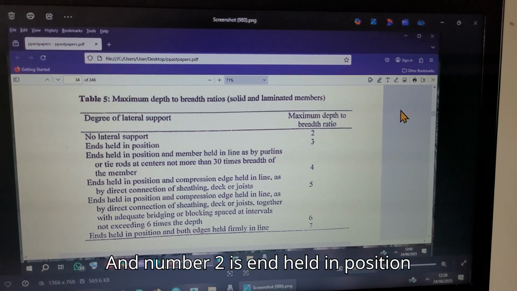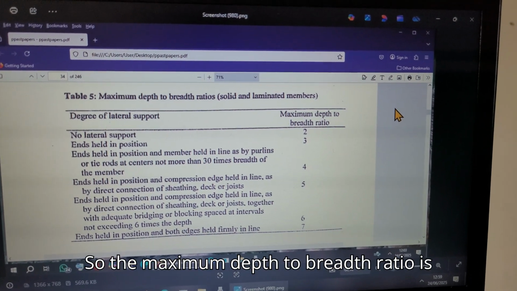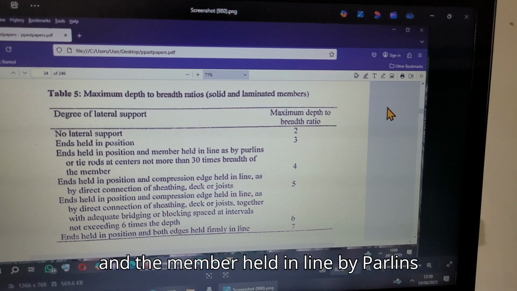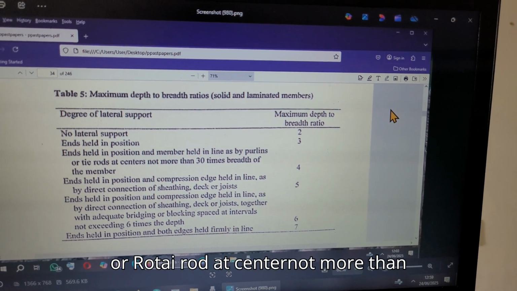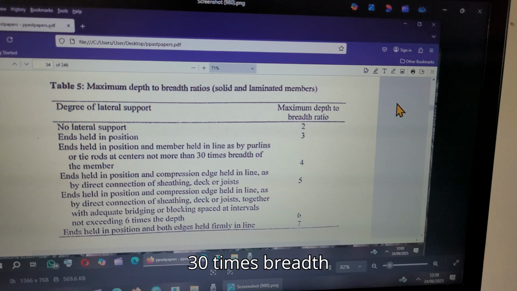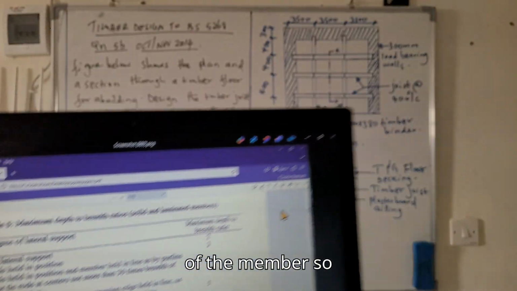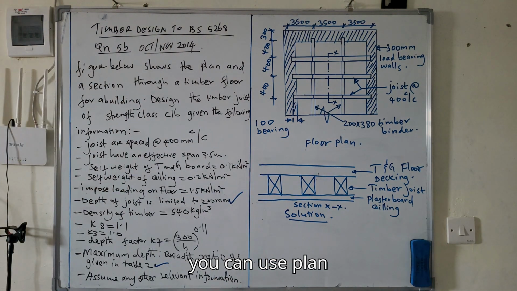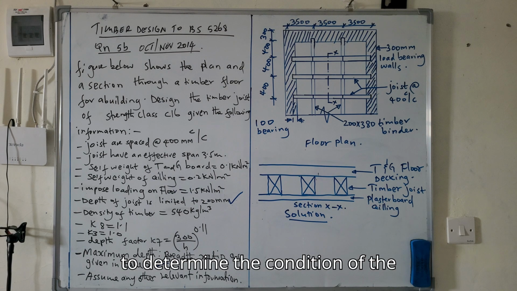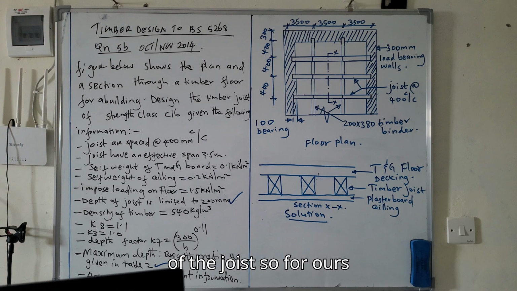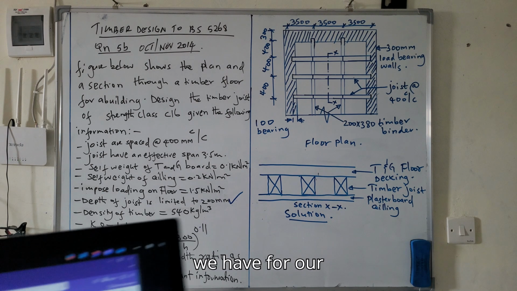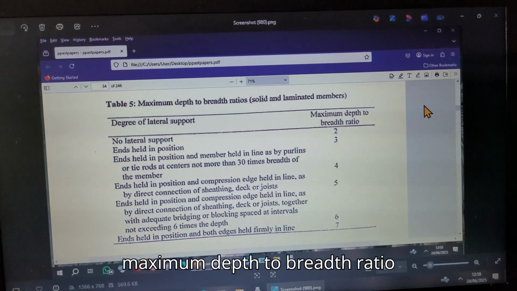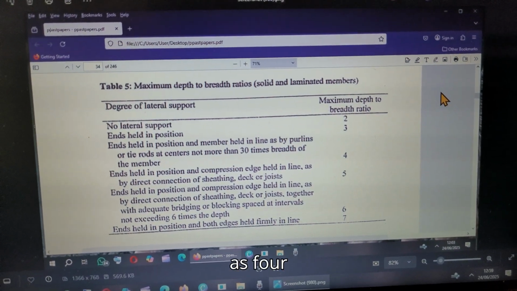And number 2 is end held in position. So the maximum depth to breadth ratio is 3. And then end held in position and the member held in line by purlins or tie rod at center not more than 30 times breadth of the member. So as you can see on our plan, you can use plan to determine the condition of the joist. So for our case, we will use the maximum depth to breadth ratio as 4,